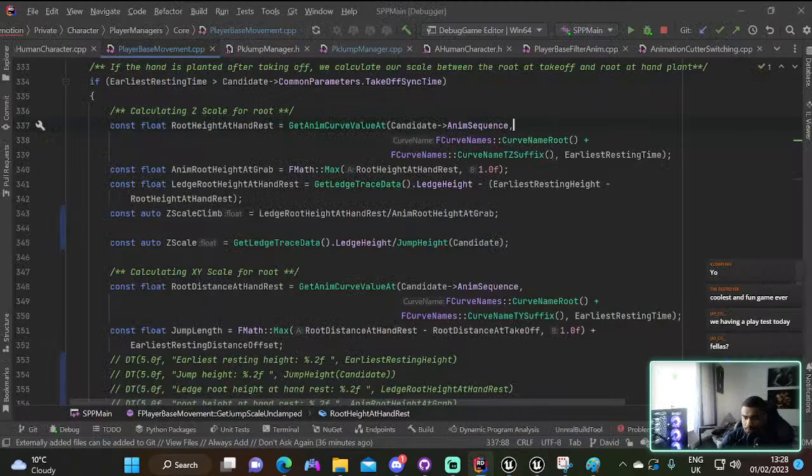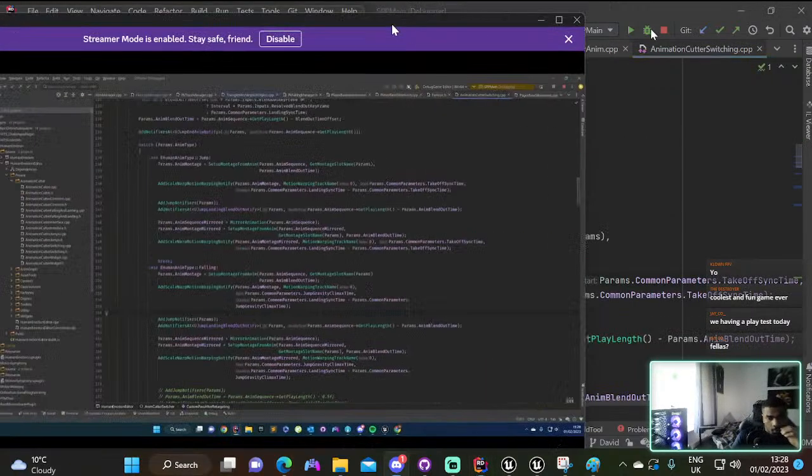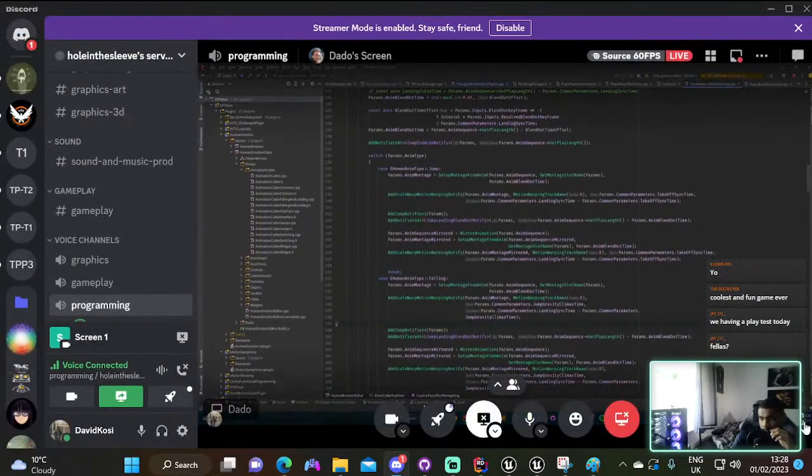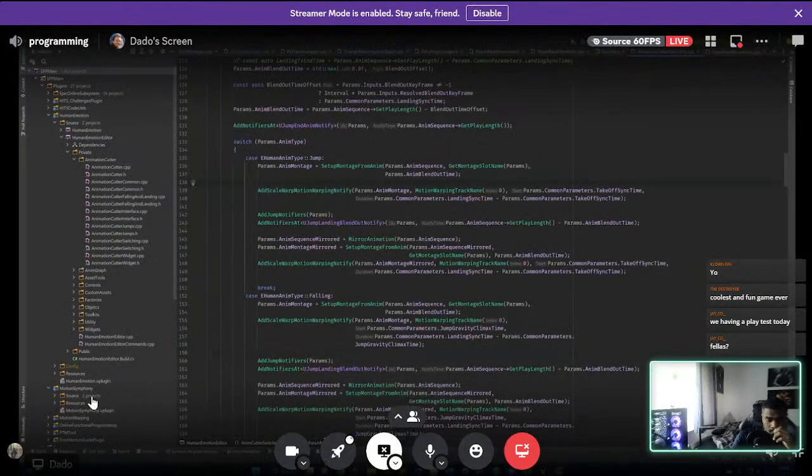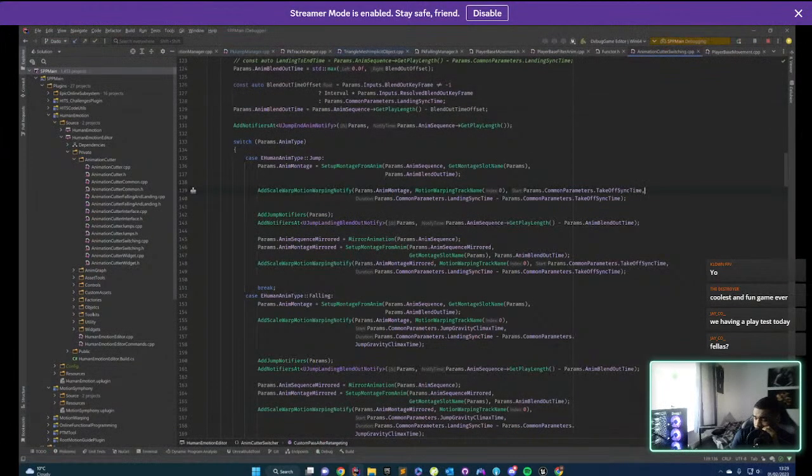Okay, switch on my screen. I'm gonna tap it on my screen and then I'm gonna send it over. So if you go into the anim cutter switching, oh, you want to do it in the motion walk? Okay. Yeah, what I'm saying here, if we go a jump, right? So take time is correct. So the duration is gonna be landing time minus